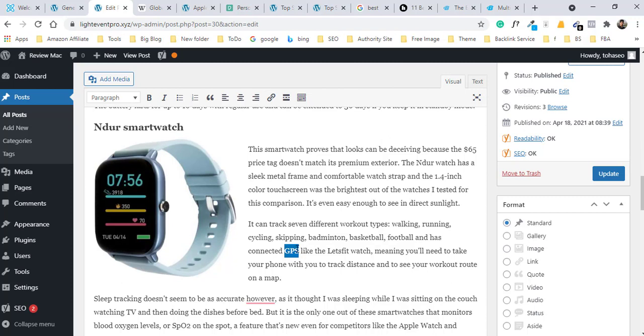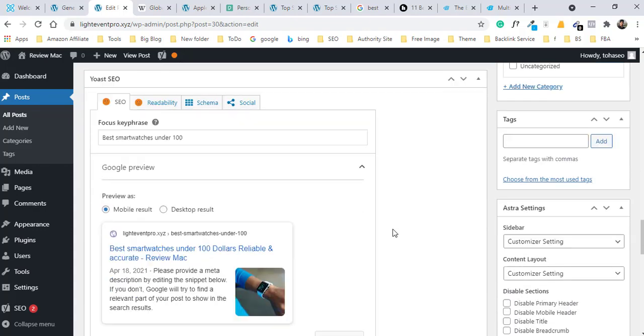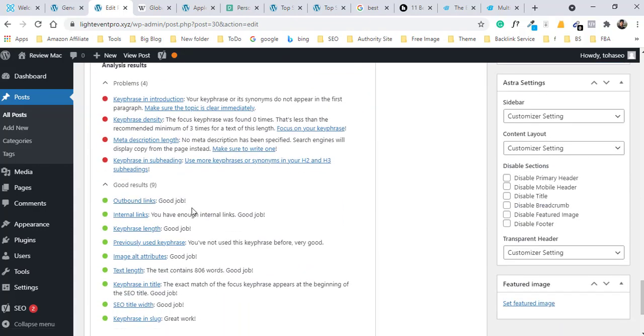You must put a link on research, because it's used for reference, so your visitor and search engine can understand that when you write this post, you did more research. Without external link or outbound link, Google gets the negative signal that your content is not much research and you did not use the reference. So using reference is very good. Okay, so I select it and paste, and I check again. Yes, my outbound link is good.